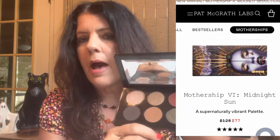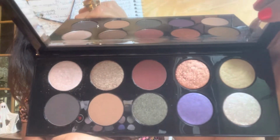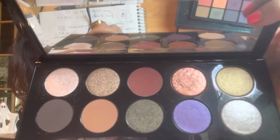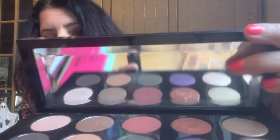This palette is on sale. This is a Pat McGrath Mothership, and I was so excited. This is Midnight Sun. This is a $128 palette. If you go to patmcgrath.com right now, this Midnight Sun palette is on sale for $77. So if you've always wanted to treat yourself to a Pat McGrath Mothership with a nice beveled mirror, the Luxe